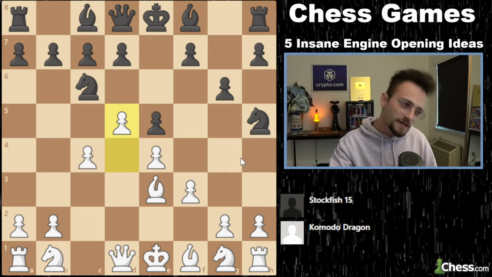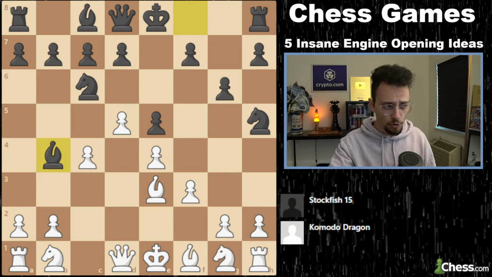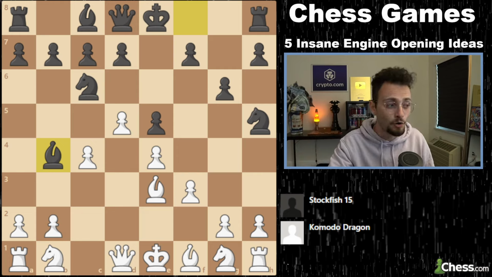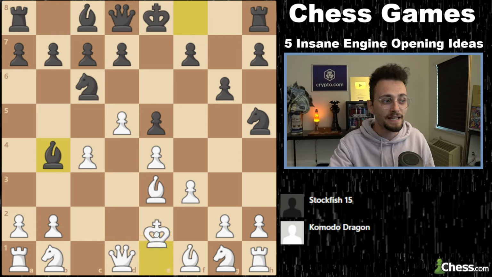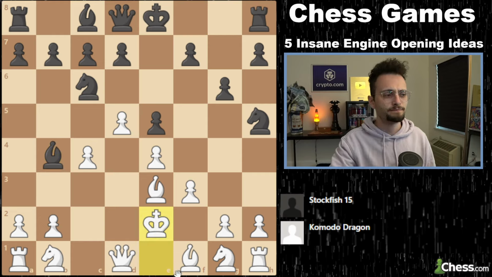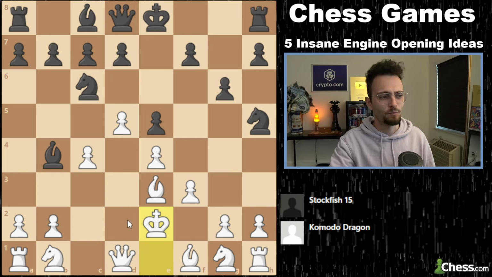Okay, now in this position, there is bishop to b4 check. You know, just trying to activate some pieces. And here, Komodo wants to play king e2. Why? I mean, what was wrong with...